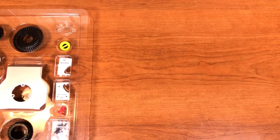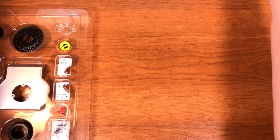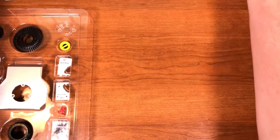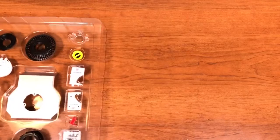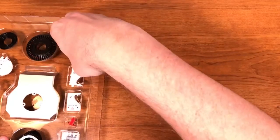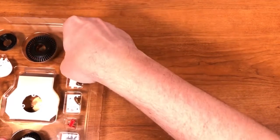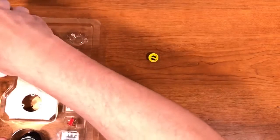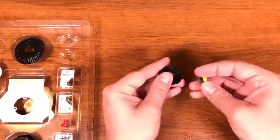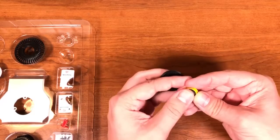We're going to start building the reactor. So I really need to get a book holder so that I can put everything up here, and then have all my parts down here. But let's see here. So we're gonna need this piece right here and this piece right here. So basically all we're gonna do is we're gonna drop